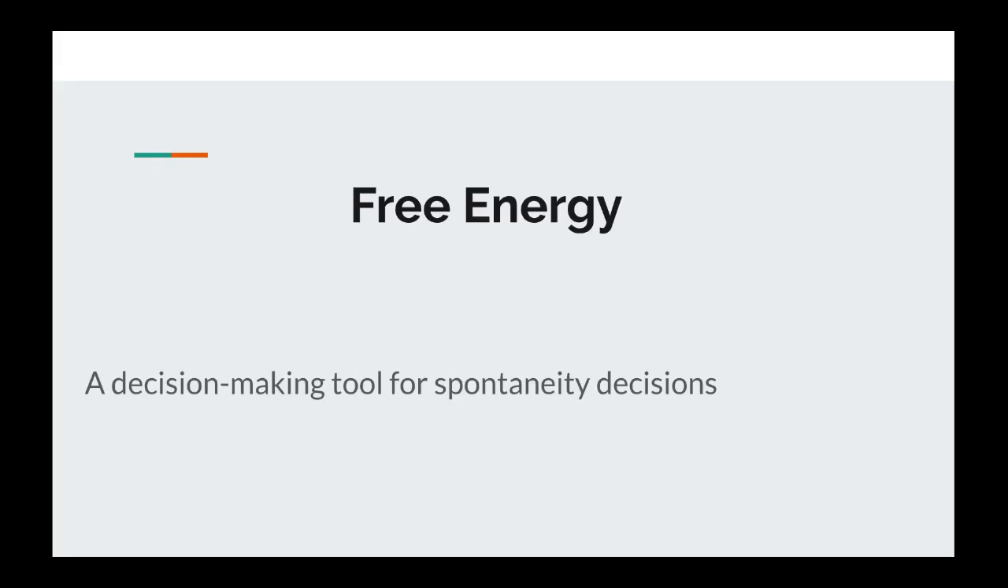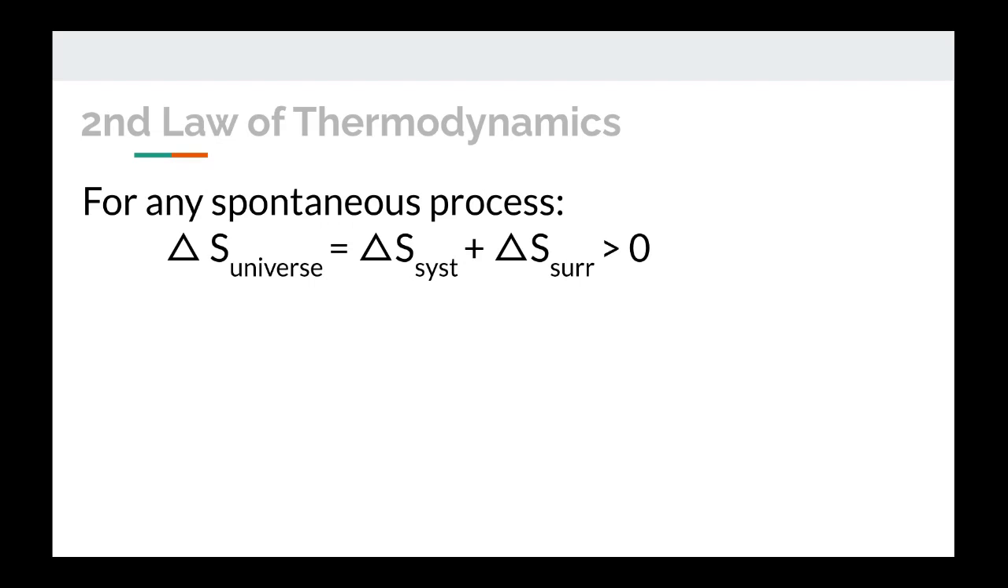In this video, we're going to talk about free energy, which is a decision-making tool that we can use for determining if a reaction or change is going to be spontaneous or not under certain conditions. Going back to the second law of thermodynamics, remember that for any spontaneous process, the entropy change of the universe